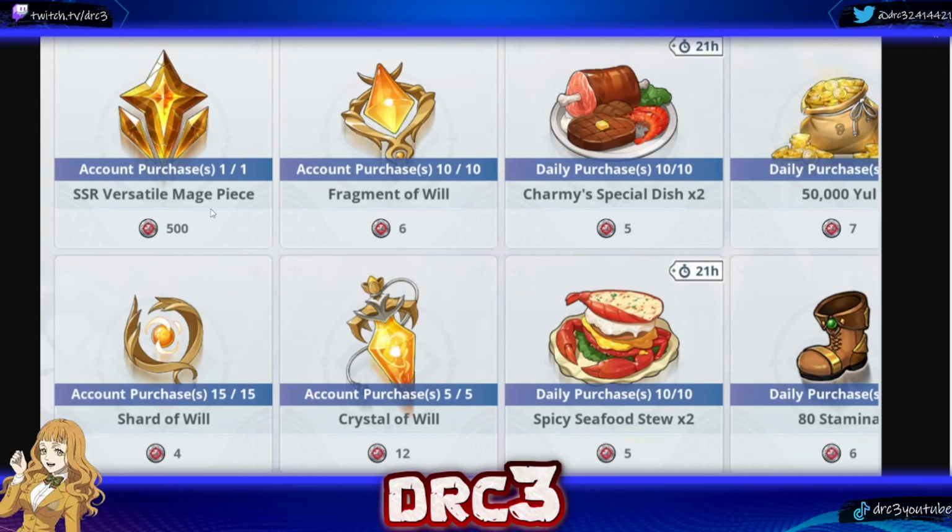This is very, very, very important because you can use it to enhance any SSR character that you want, whether that be Season 2 Noelle, who comes out on the 19th, whether that be Raya or Licht, who just came out, or if it's going to be Julius, who we now know is dropping on the 24th, Christmas Eve,